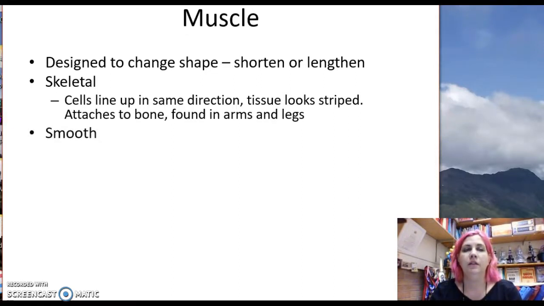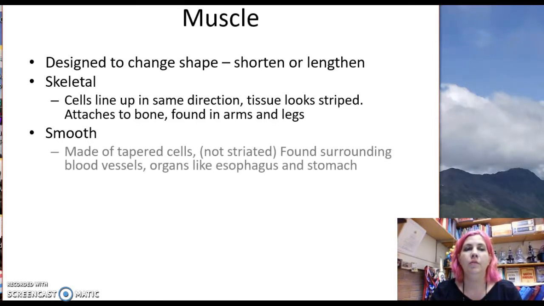The second type of muscle is smooth muscle. So smooth muscle is made of tapered cells, and it's not striated. It doesn't have any patterning on it. It's found in surrounding blood vessels and surrounding organs like the esophagus and the stomach. So smooth muscle, you are not under conscious control. You can't think about your esophagus and make it